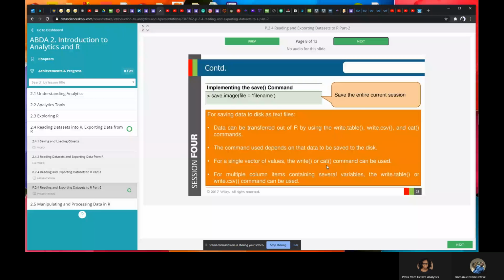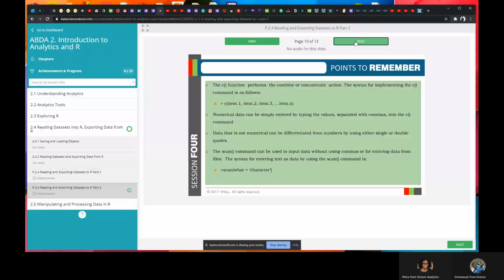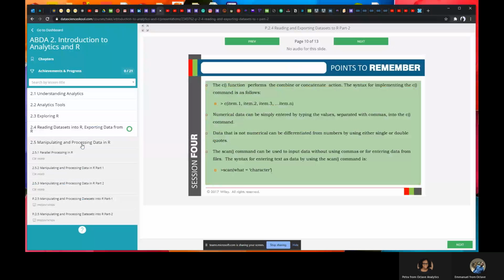For data frames or tables, you can use write.csv or write.table to do that. I think we have finished this slide. So let's go to the second presentation, which is manipulating and processing data in R.